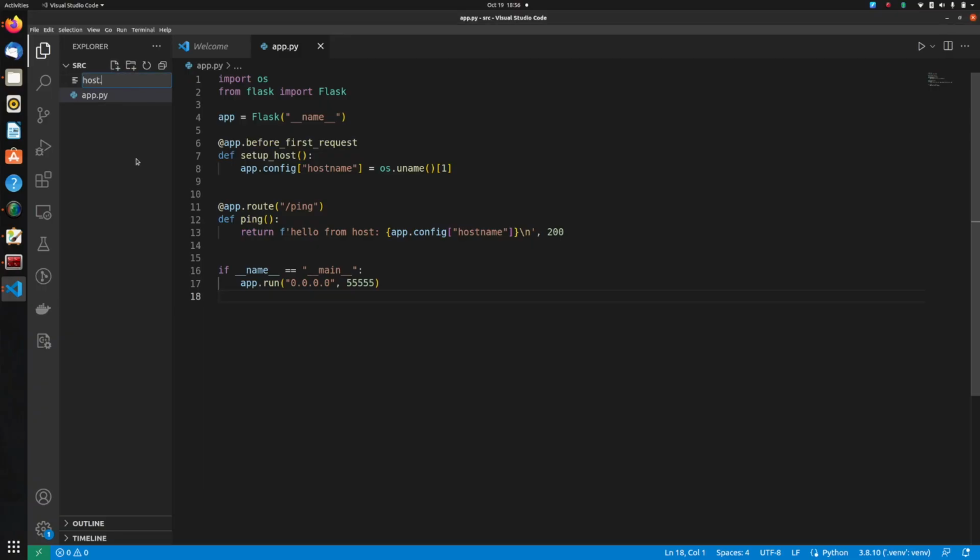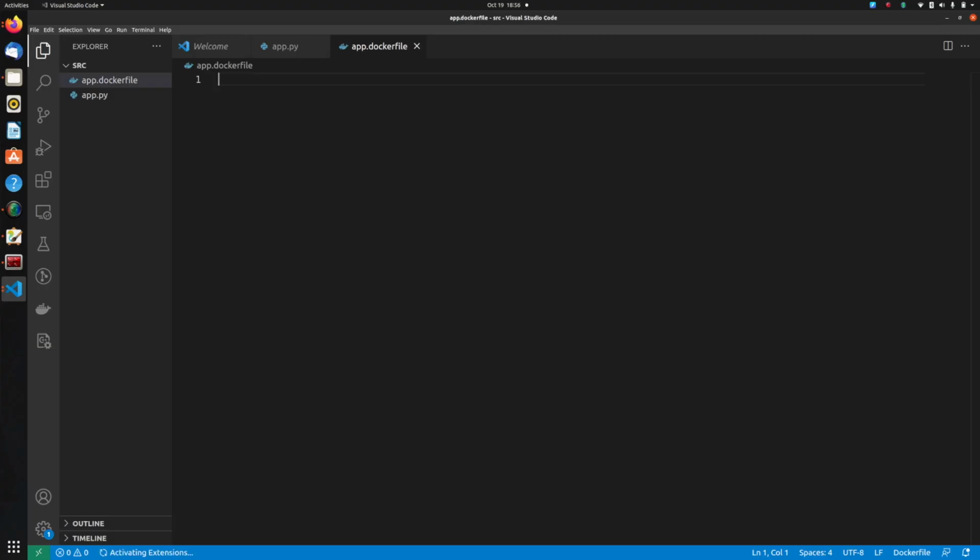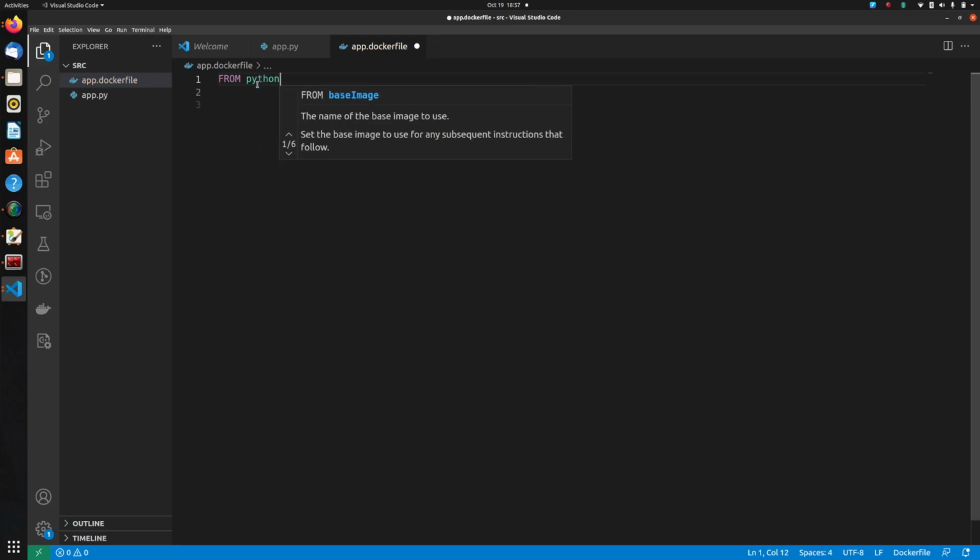I'll call it app.dockerfile, and let me quickly write this. So my base image will be Python.